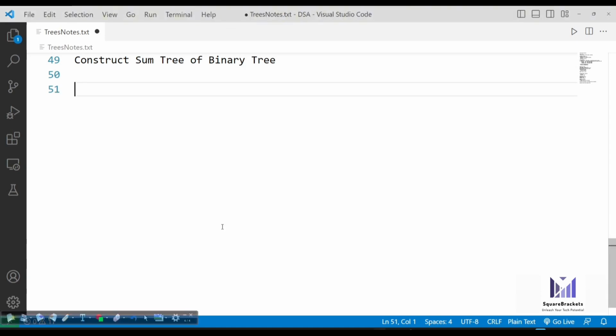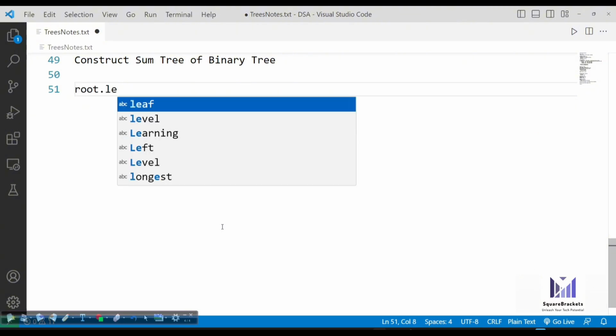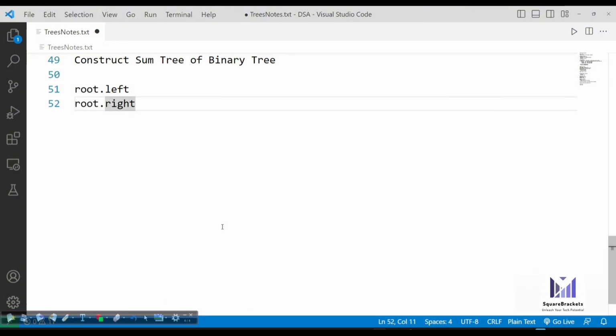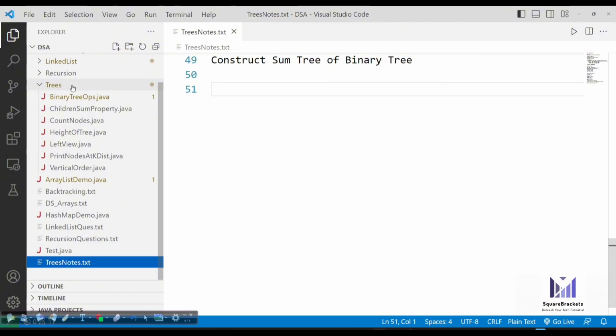What we have to do, let's say you have a root node available. So you can do simply one thing, that you need to take the left data, whatever is available inside the left, and you need to take the right data, whatever is available inside the right. Okay, so whatever values you have, you just have to put them into different variables and store them and update your data. So let's take it in a variable x, let's take it in a variable y, and what I have to do, x plus y, and assign it to root dot data, where root will be the parent. So let me show you how it will be implemented.